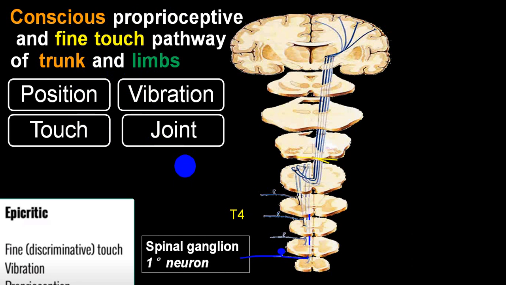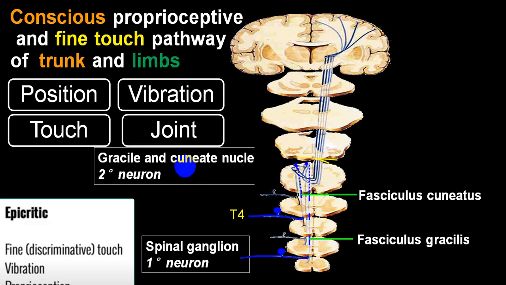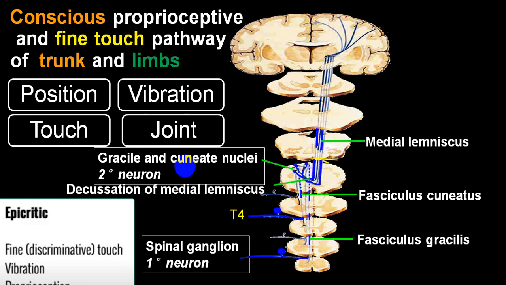So it will ascend on the same side right up to the midbrain, medulla, where it will end in nucleus cuneatus and gracilis. Then the fiber will cross to the opposite side and then it will ascend up. It will combine with medial lemniscus and end in thalamus, ventro-posterior lateral nucleus of thalamus, and from there you will